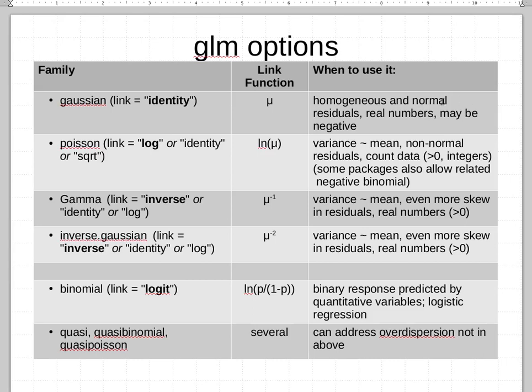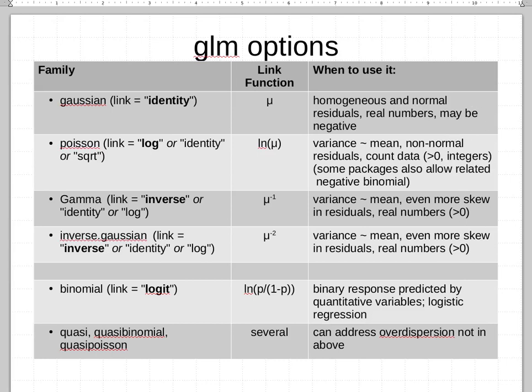But I think the point is, when you have ideal kinds of data sets, we have homogeneous, normal residuals, real numbers, meaning continuous variable, with decimal places, etc. And that could be negative. You can use Gaussian. But notice that you have to have data that are greater than zero for a lot of these other cases, or that are binary responses. So you can't necessarily always use all of these for all kinds of data, or you need to adjust all your data upwards so everything's greater than 0. Also notice that these are for integers, even though this one could be for real numbers, and so could this one. So there's limitations on which kinds of data you could use different kinds of families for,